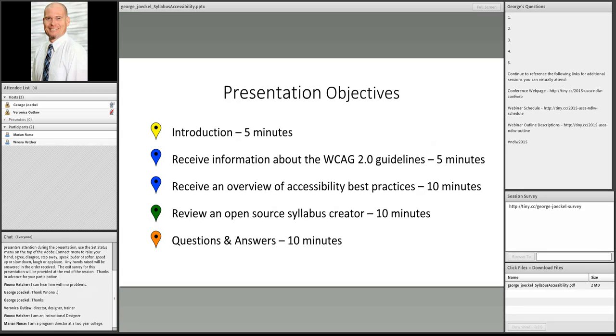I'm keeping the focus pretty narrow, so that we can get through and maybe go a little bit deeper on some things. And then we're going to review an open source syllabus creator. That'll take about 10 minutes. And then we'll have questions and answers. If there's not a lot of questions and answers, then we can circle back and look at some of the other subjects that we've already covered.